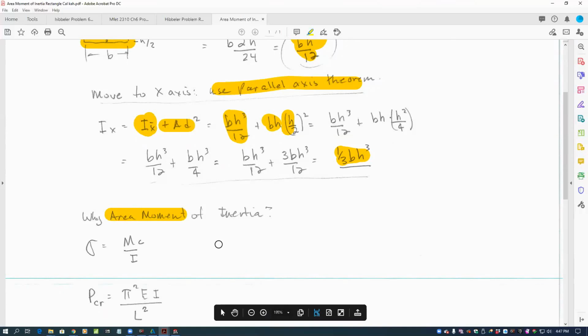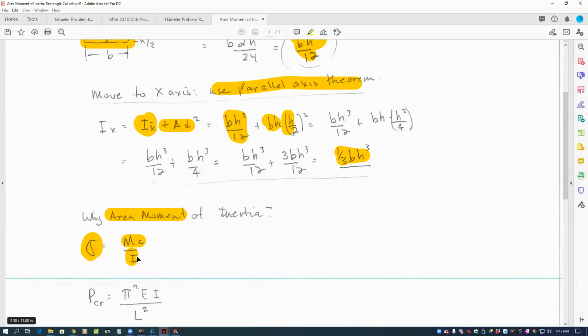A common equation where we use area moment of inertia is in the calculation of flexure stress or bending stress. We use sigma, same Greek letter that we use for normal stress, but in bending stress, it's Mc over I. The magnitude of the moment times the distance from the centroidal axis over the area moment of inertia. So we can say that the maximum or average bending stress or flexure stress is directly proportional to the moment, the product of the moment and the distance from the neutral axis, and inversely proportional to the magnitude of our